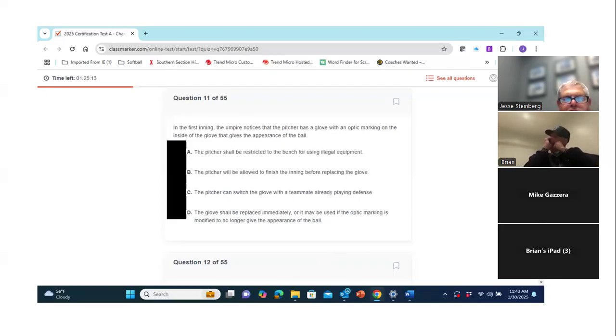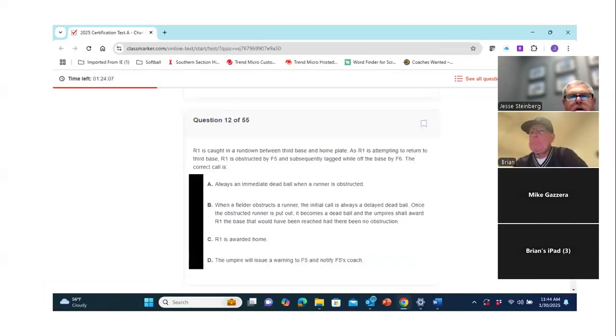Okay, moving on. Any questions here on number 11? Going to number 12. R1 is caught in a rundown between third base and home plate. As R1 is attempting to return to third base, R1 is obstructed by F5 and subsequently tagged while off the base by F6. The correct call is...